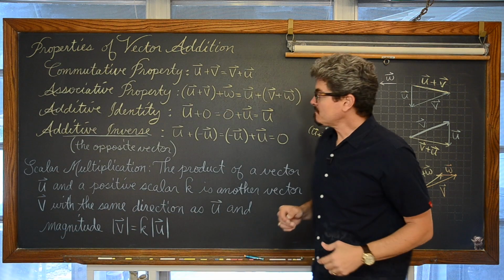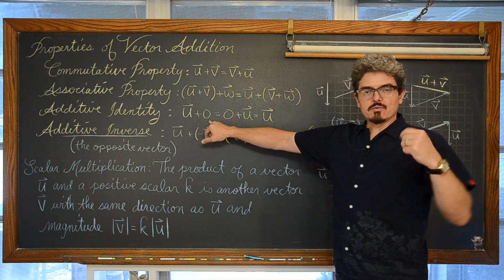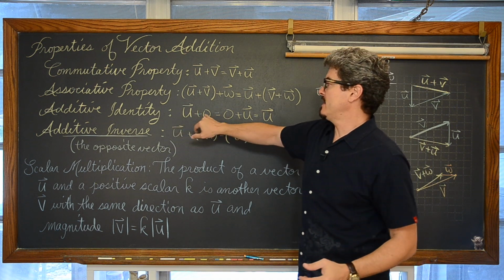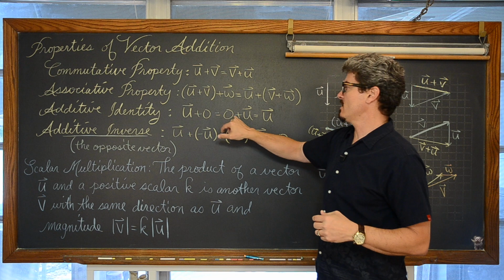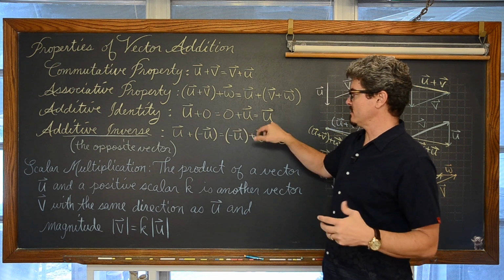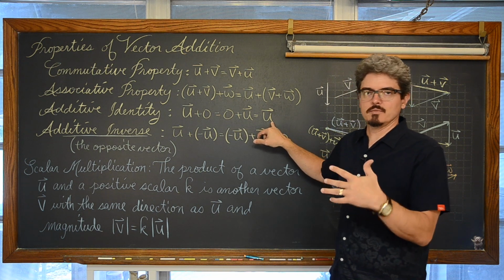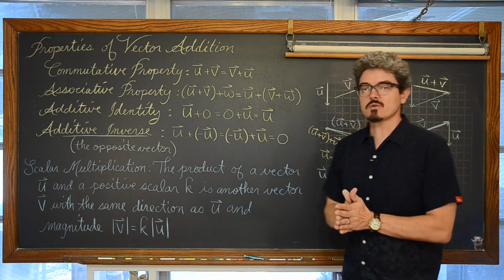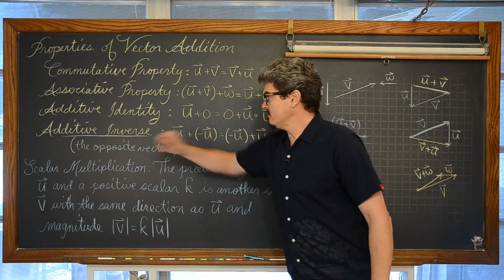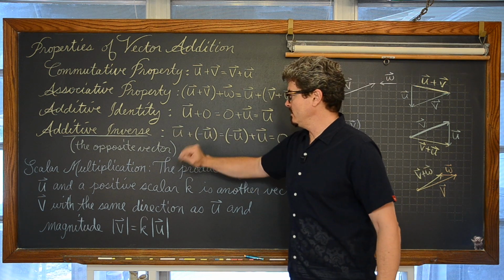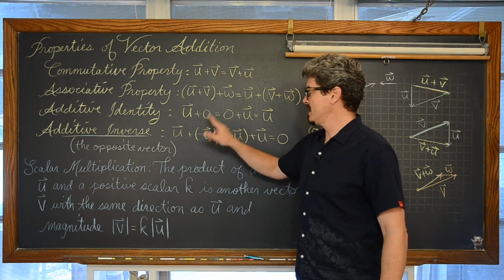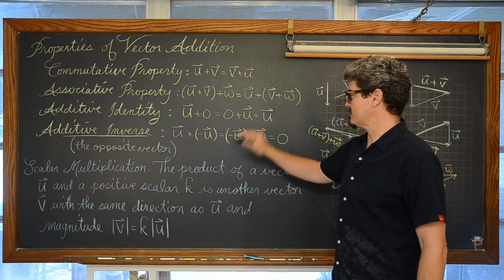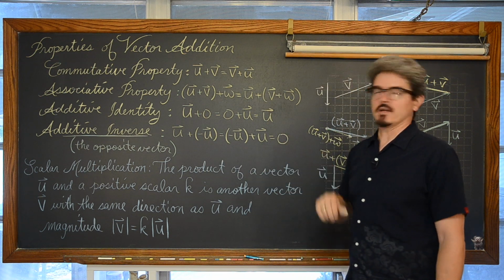Now, remember your zero vector, your trivial vector, your null vector. If I take some vector and add 0 to it, or 0 plus that same vector, I'm just going to get vector u. If you add a trivial vector or null vector, it doesn't change anything. You're right back to where you started from. And your additive inverse, vector u, or any vector for that matter, plus its negative vector or its opposite vector is going to, regardless of the order, give you a null vector.